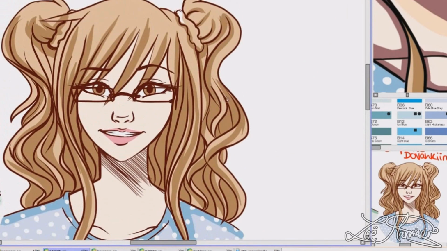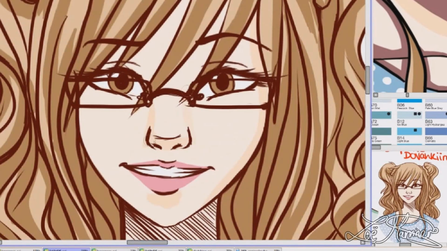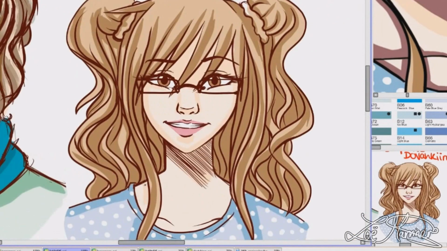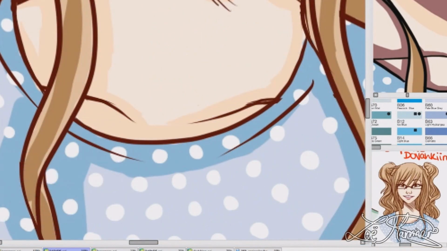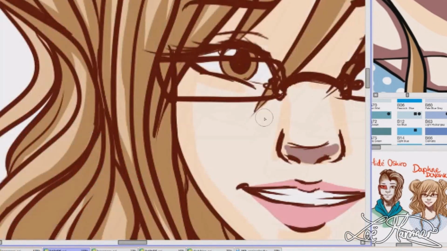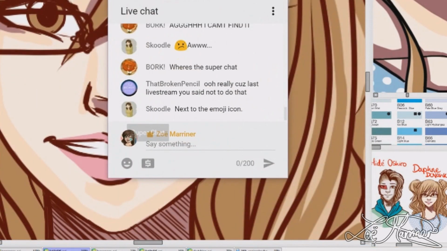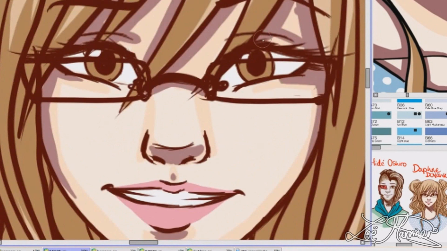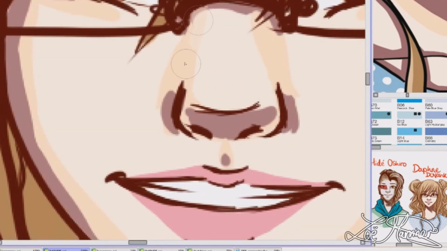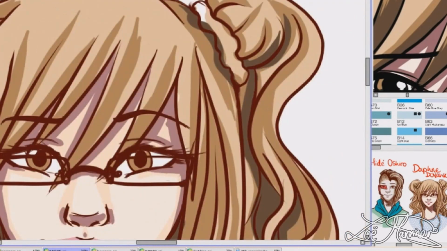The next point is to think about the personality of your character. Think about their strengths, their weaknesses, what they do, and everything else about your character, as well as how they interact with other characters that you have. Also, think about your character's backstory. Sometimes your backstory can actually affect the way your character looks and their appearance, as well as the way they act and their personality. And that's actually all the tips that I have, or that I can think of,